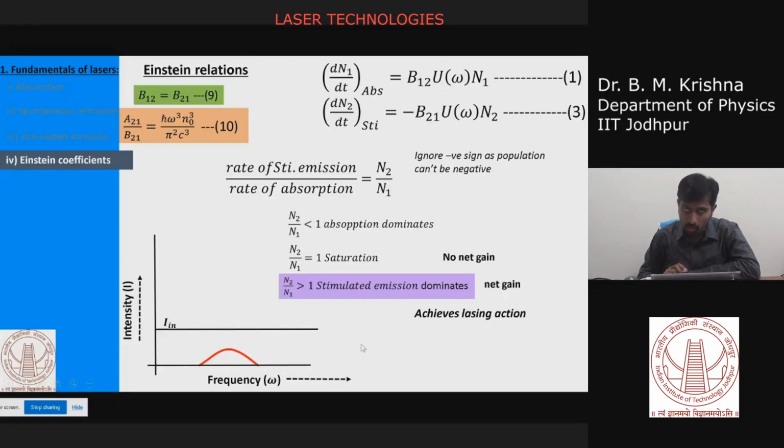Okay, so absorption dominates. Now you are giving the input intensity of this value. So for the output intensity, what happens because of the absorption loss is that your intensity decreases. So this way, your absorption is always much lesser than your input intensity. And the second condition, in your saturation condition, your N2 equals N1. So that means the number of electrons or atoms absorbed is at the same rate at which they de-excite. So that is your saturation condition.